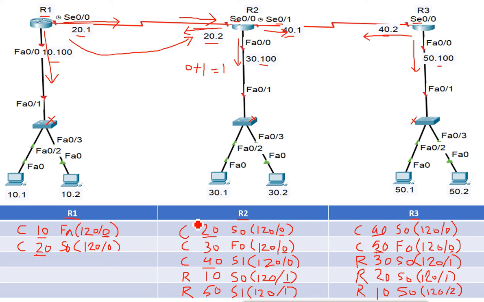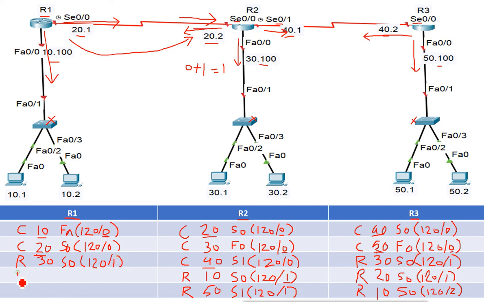And the same way, this router sends the information to router 1 also. So router 1 also sees the routing table of router 2, and it says I know 10 and 20, but 30, 40, 50 I don't know. So it creates the entry for 30, 40 and 50 also. It says I know network 30 by using RIP. The information is coming from serial 0/0. The AD value is 120. Now for network 30, router 2 is saying 0 hop, so it adds 1 into it and it becomes 1.